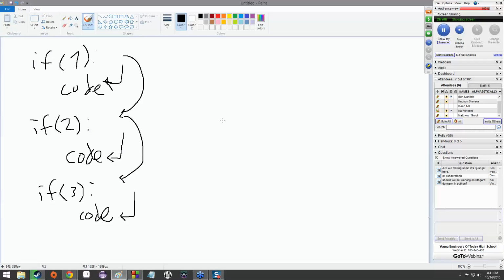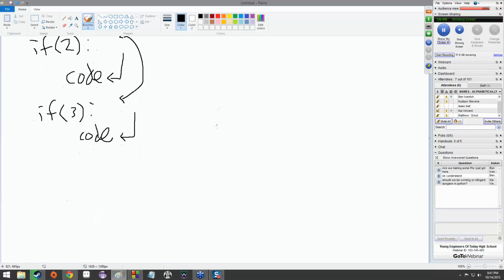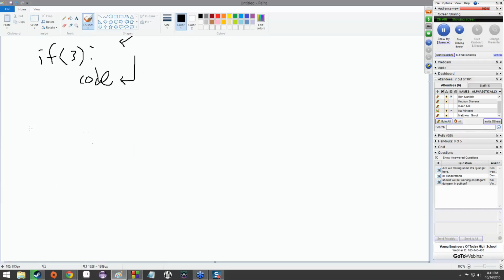You can also nest them, but that's later on, and that also tends to get fairly messy to look at, so it tends to be better to modularize your code more than that. But sometimes that's an unavoidable thing. Anyway, so these can be chained, and then there's one more statement for now. That's good to know.